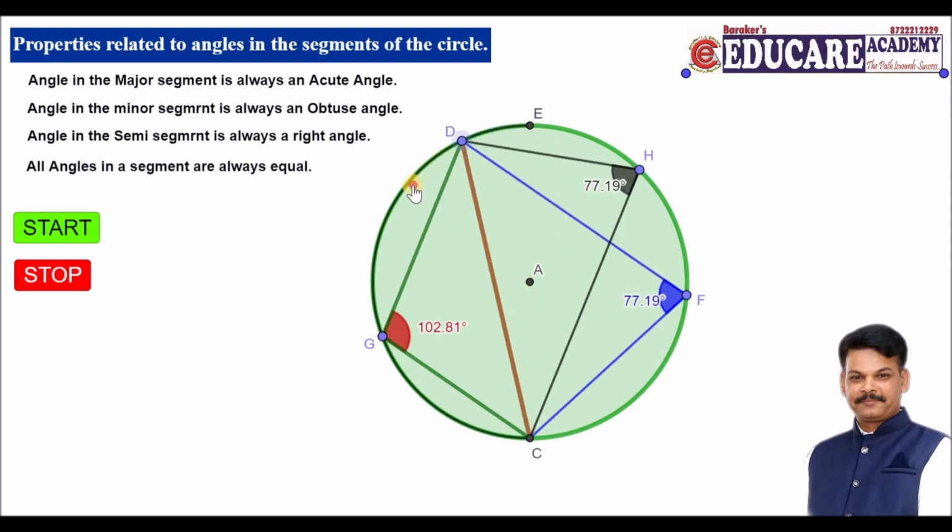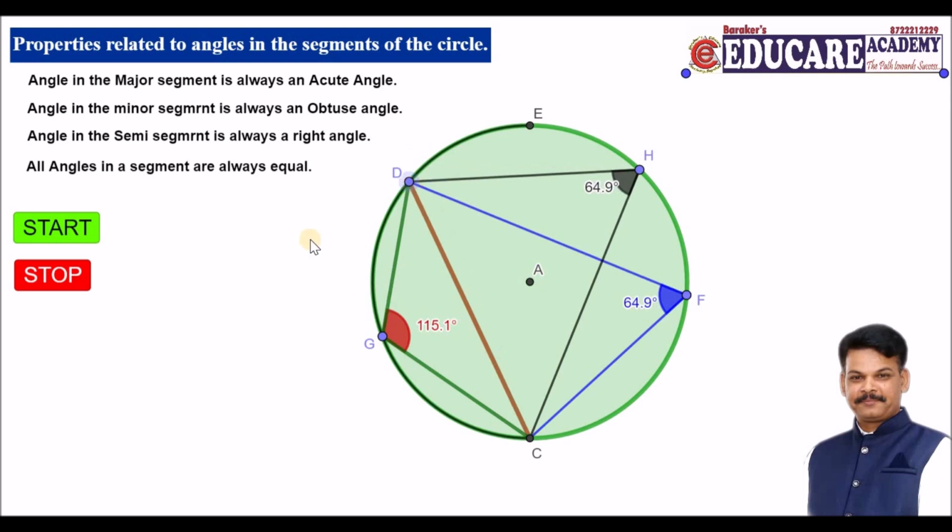Now, let us come to the main concept, that is angles in the segment. With the help of the chord, we can create angles on the arc of the segment. We can create angles in the minor segment, major segment as well as in the semi segment, and these angles will have some properties associated with the segments. Now let us learn the properties.